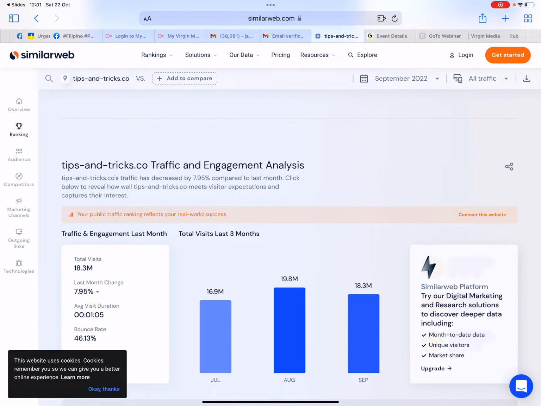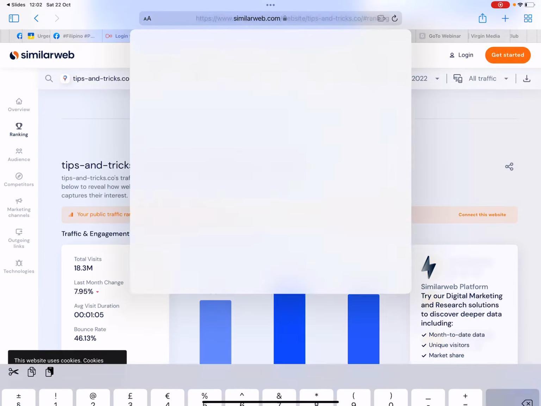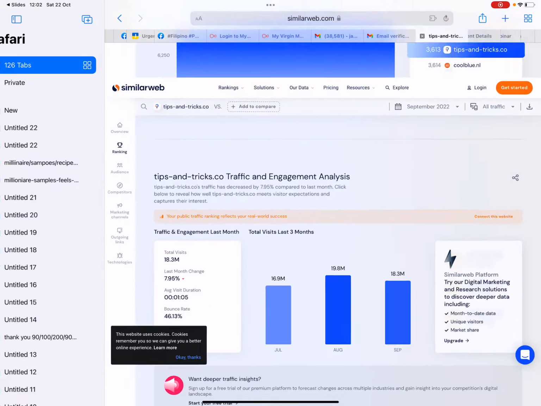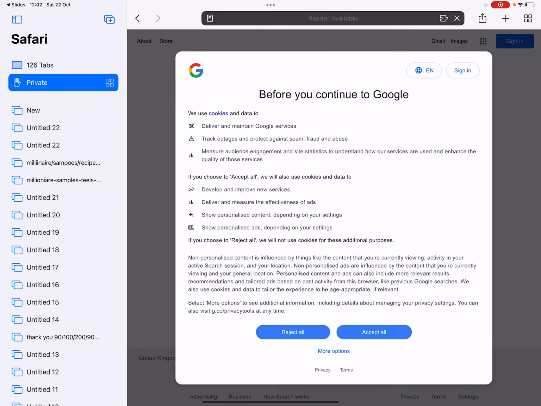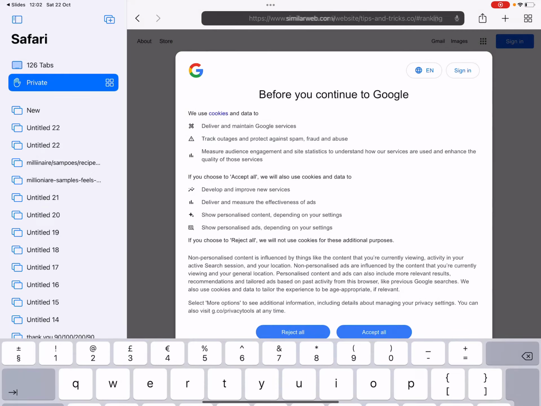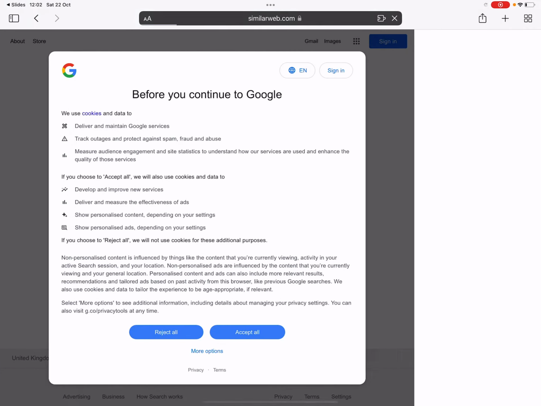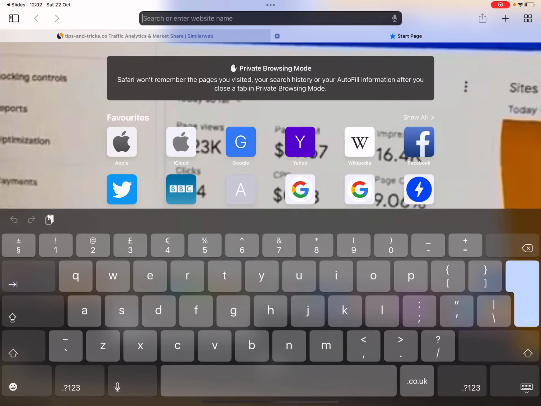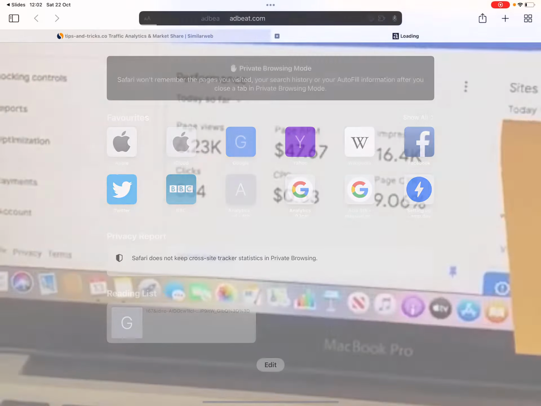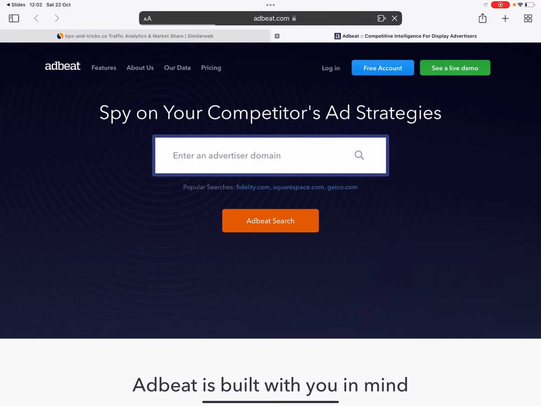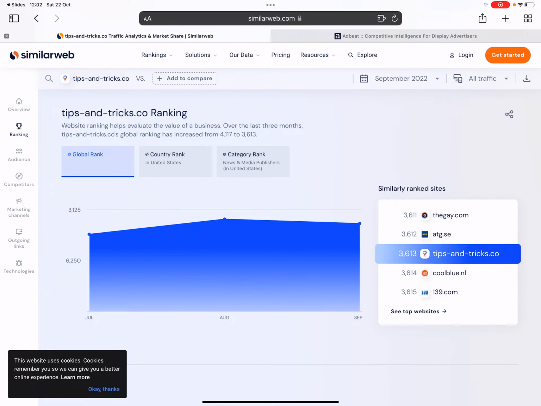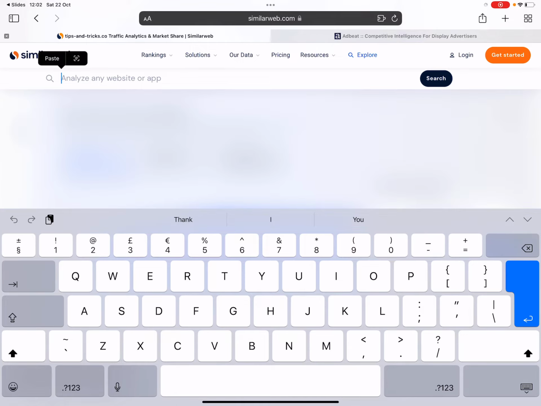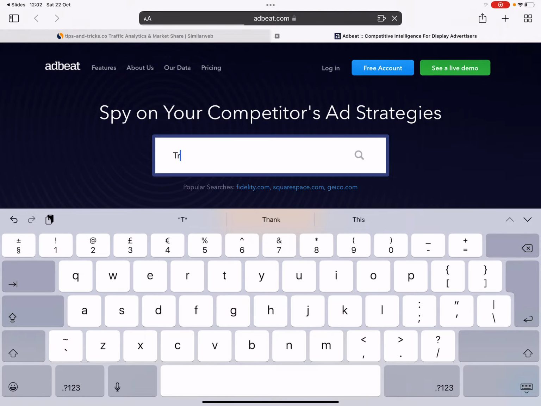Let's just say we went to Adbeat, which is another tool we can use. Let's type in another website.